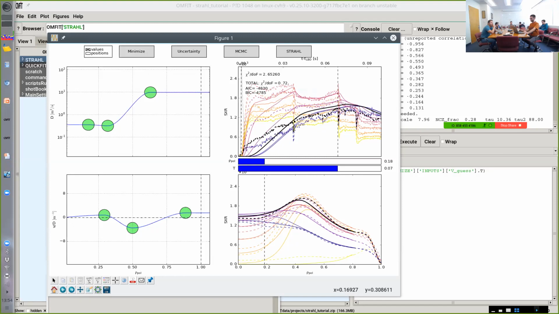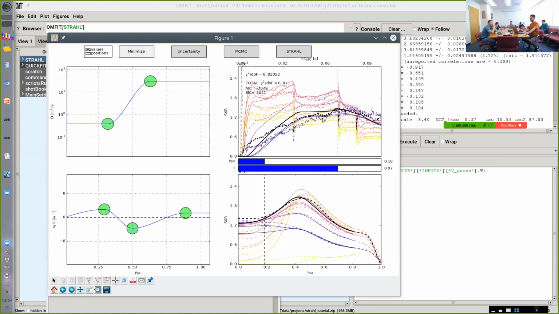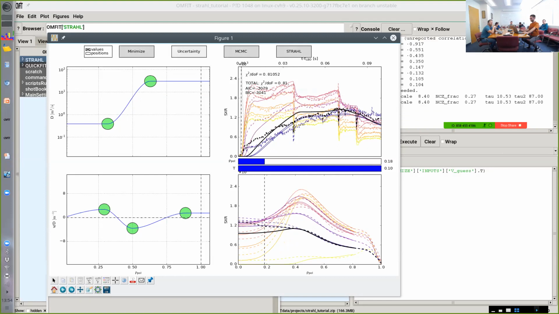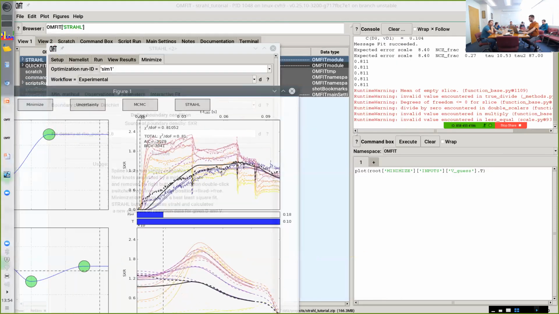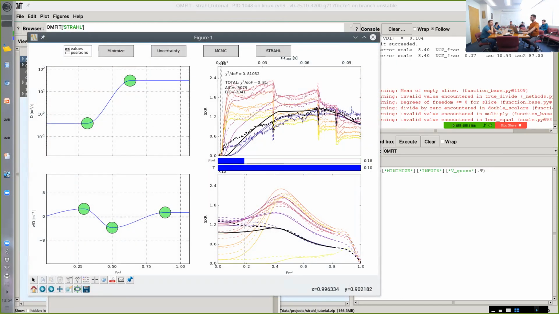Yes, so let's try it again. It's only 2 nodes. You can also estimate the optimal number of nodes using this method. This V over D, and it's really able to have very nice fits. And you can look at the uncertainty of these vector profiles. If the covariance matrix is too ill-posed or singular, it's not possible to calculate the uncertainty. So